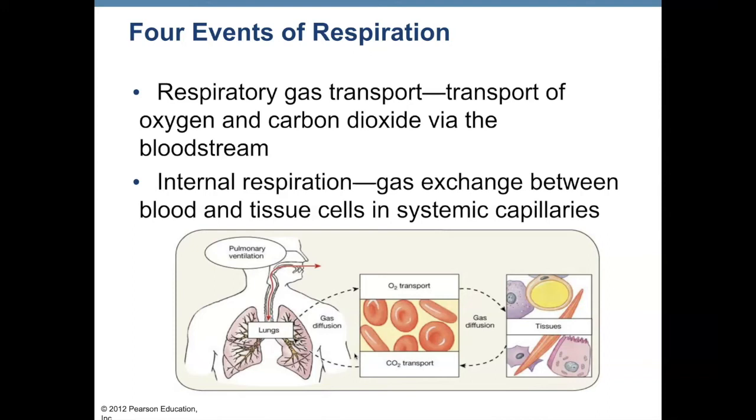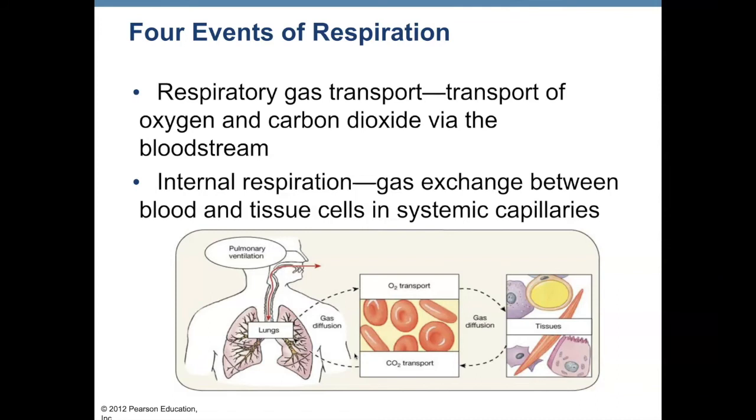The blood is going to pump that deoxygenated blood, in other words, the blood with the carbon dioxide, back to the lungs so it can get rid of it. And it's also going to pump that blood with the oxygen to every single cell in our body so it can use the oxygen it needs for cellular respiration, which leads into the last and final event of respiration,